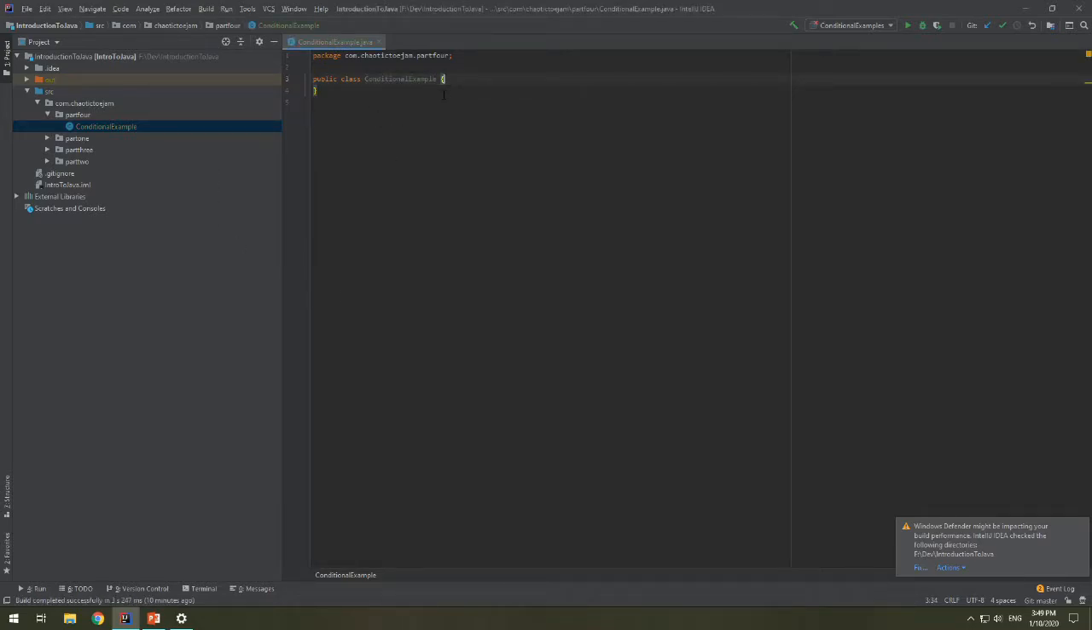So we need to make the entry point for our Java program. That is, as you probably have now memorized, public static void main String args. And the first conditional example that we are going to do is to have you determine whether or not you